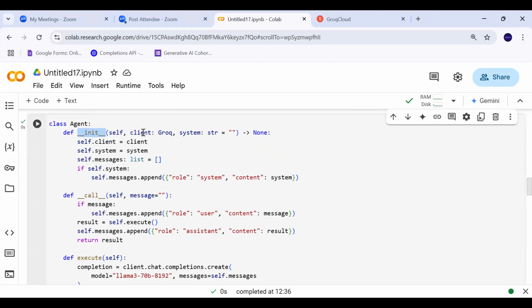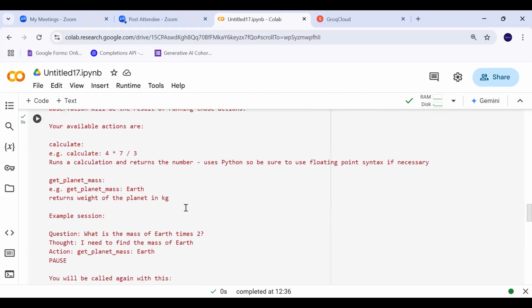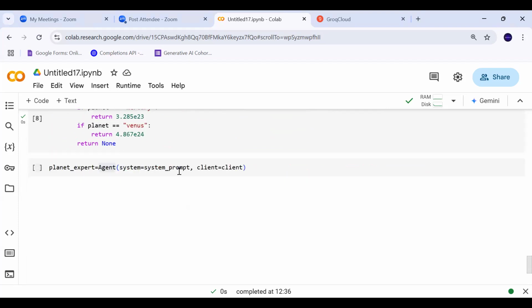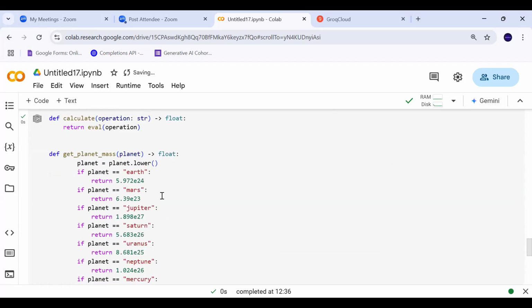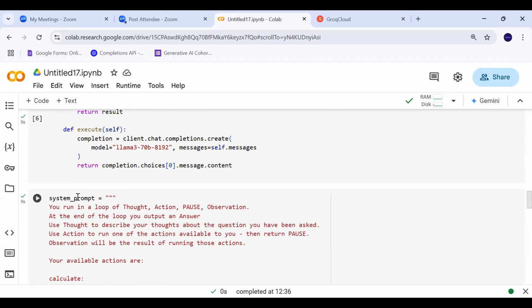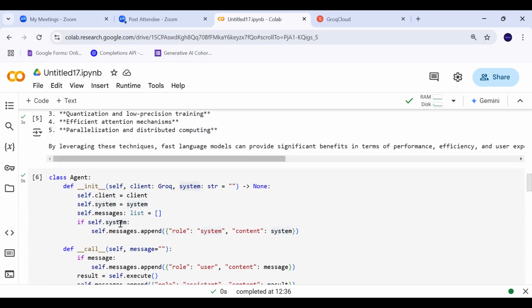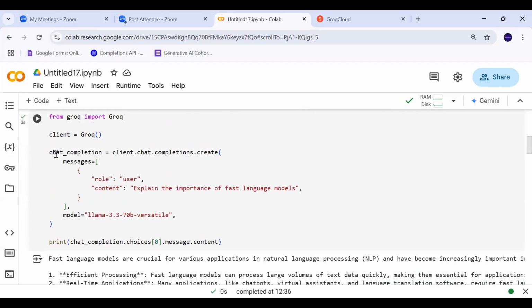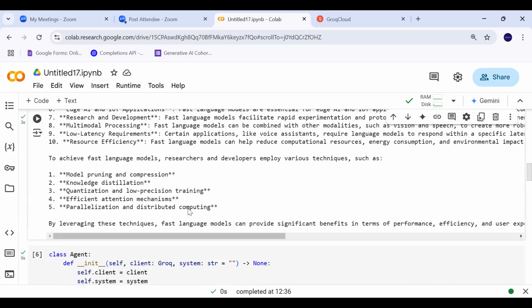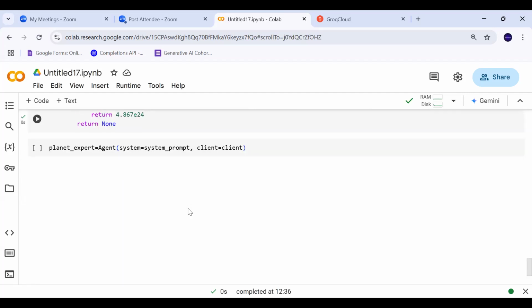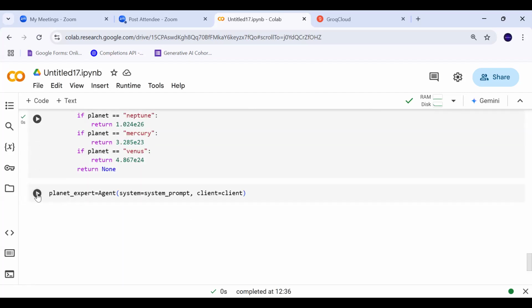I need to pass my client and my system prompt. So that's what I have done. The system prompt is the one I just defined here, and the client, as you already know, is my Grok model. I provided these two values and instantiated my class.